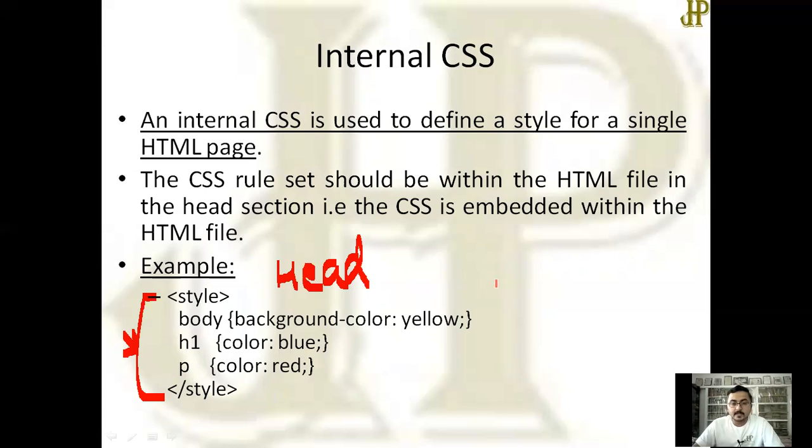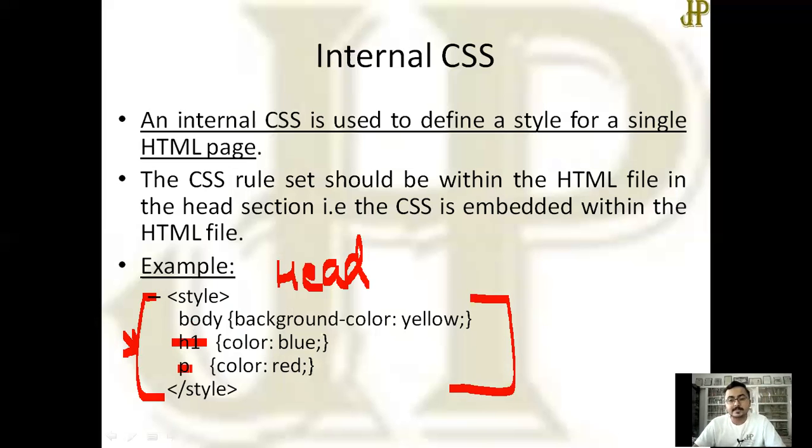So what is to be done? In the head section, you have to write down style, and in the style section, whatever design pattern you have to follow, you can do this. Here, for body, I have given the whole body color yellow. H1 color is blue, and the paragraph color is red.